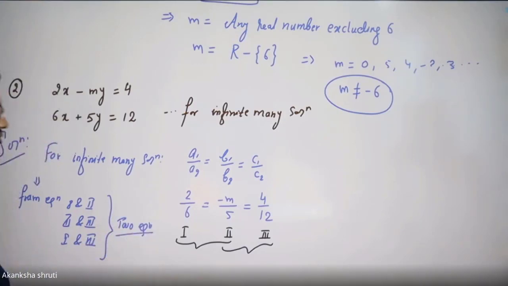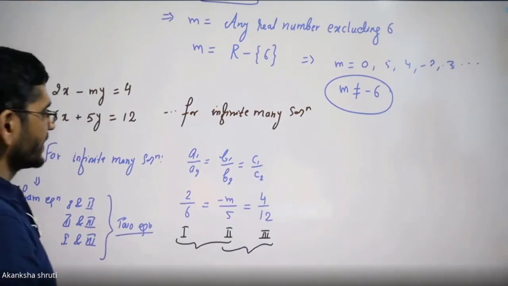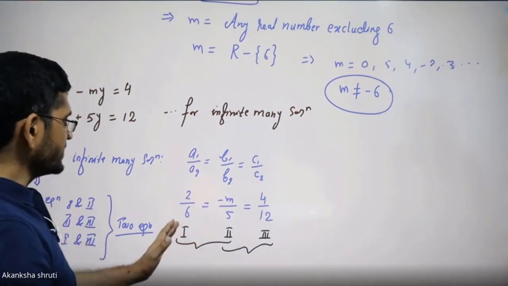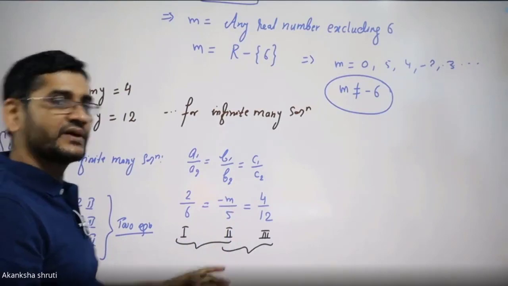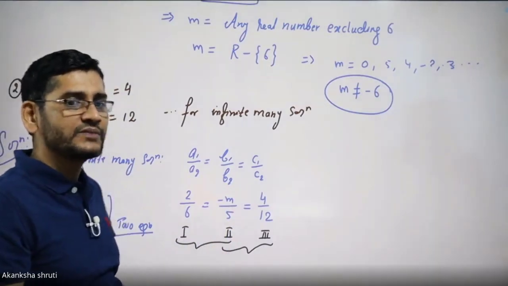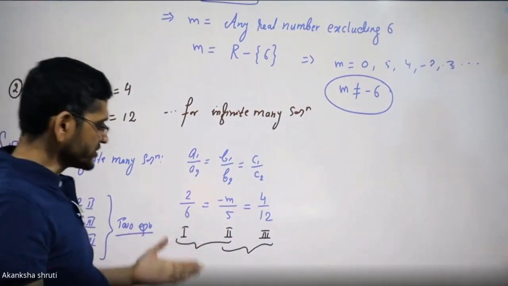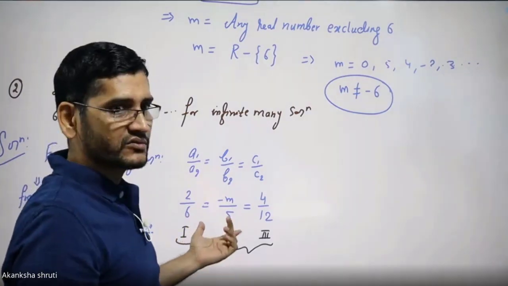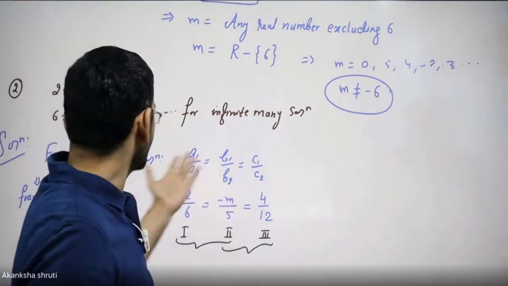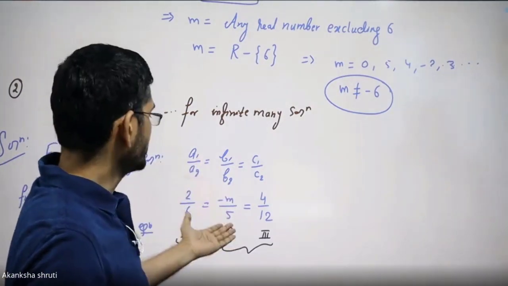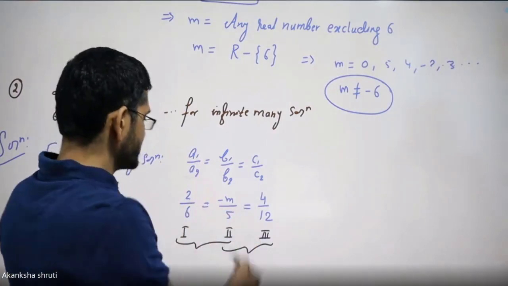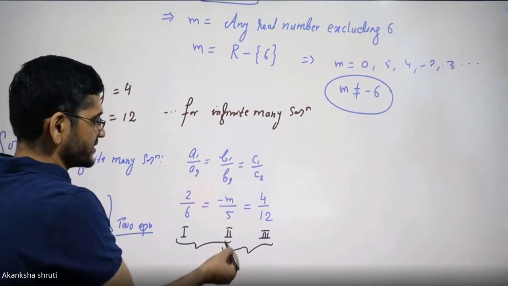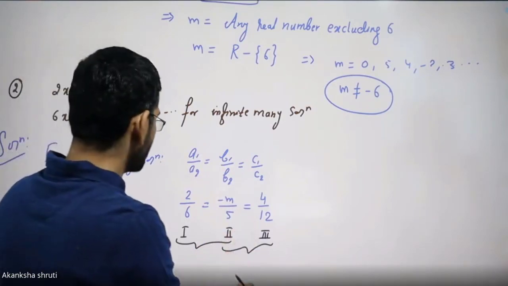आपको दो equations मिलने वाले हैं. We can try with either, and the m value must be the same. If it is not the same, then that m is not possible here. More such questions we will do, because one of the important topics is finding the value of an unknown for different conditions. हम कल भी ऐसे क्वेश्चन करेंगे. आपको हमने बेसिक चीजें बताई हैं, एंड आप थोड़ा घर में प्रैक्टिस कर सकें.